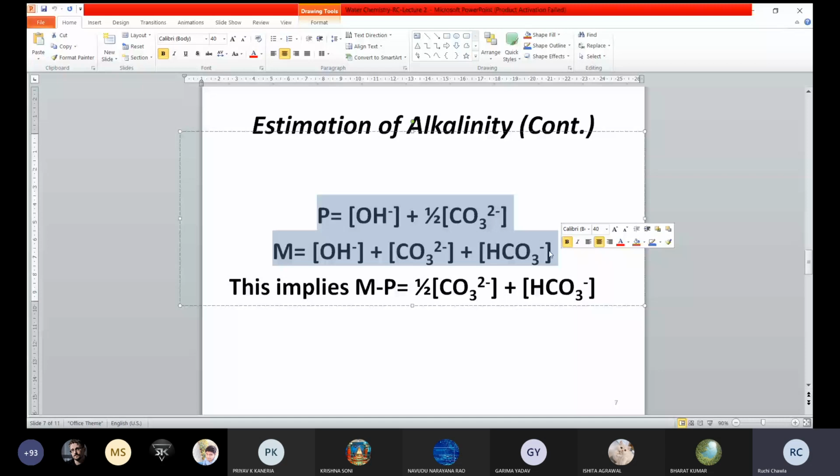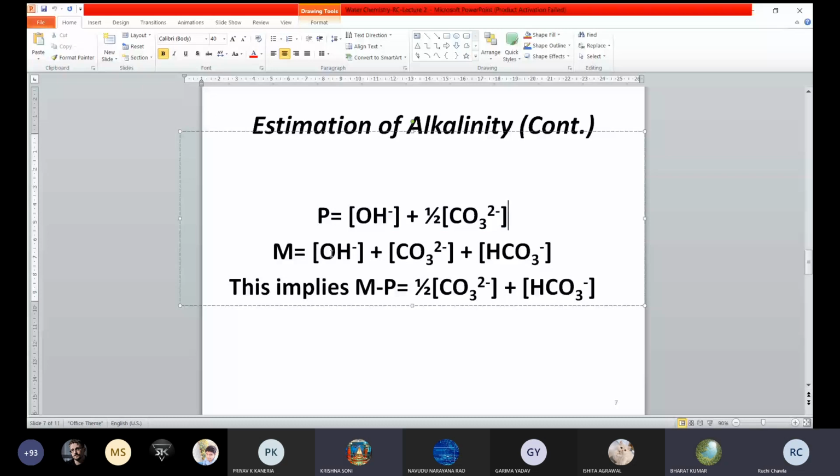So if P is equal to 0 in the first equation, what about these two terms, the concentration of hydroxide and carbonate? These are concentration terms, so they can be either 0 or positive. They can never be negative. Concentrations can never be negative. So if P is 0, the sum of the two quantities is 0. What about the two quantities? They are 0, yes. So that means hydroxide is absent, carbonate is absent. Which ion are you left with?